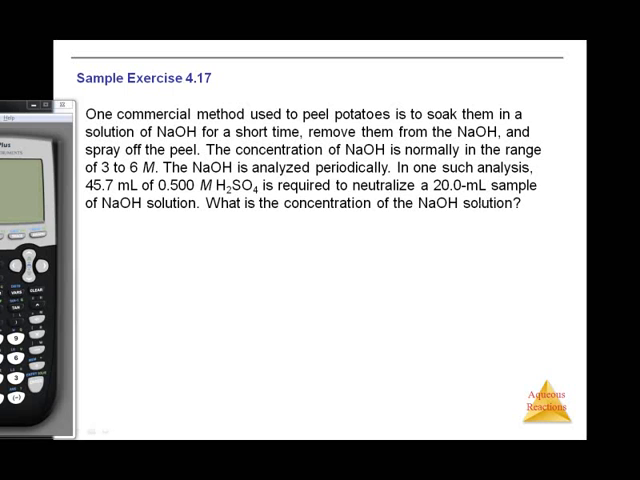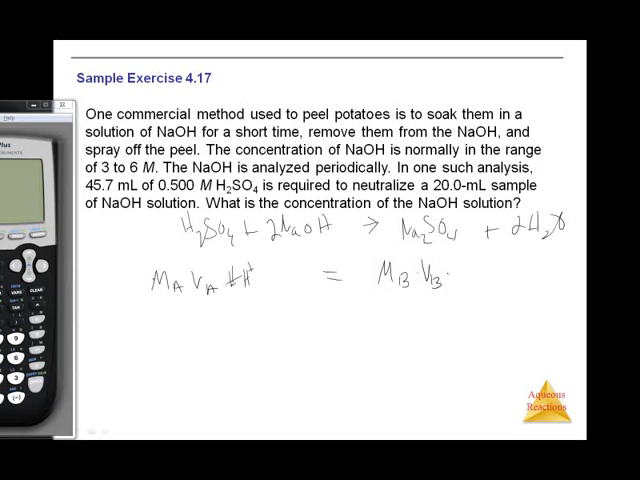Okay, so for this one, let's use MAVA equals MBVB, okay? So let's write the balanced equation first. H2SO4 plus sodium hydroxide gives me sodium sulfate plus 2 waters, and I'll need 2 of this, right? So MAVA, my molarity of my acid times the volume of my acid times the number of H pluses, is going to equal my molarity of my base times the volume of my base times the number of hydroxides